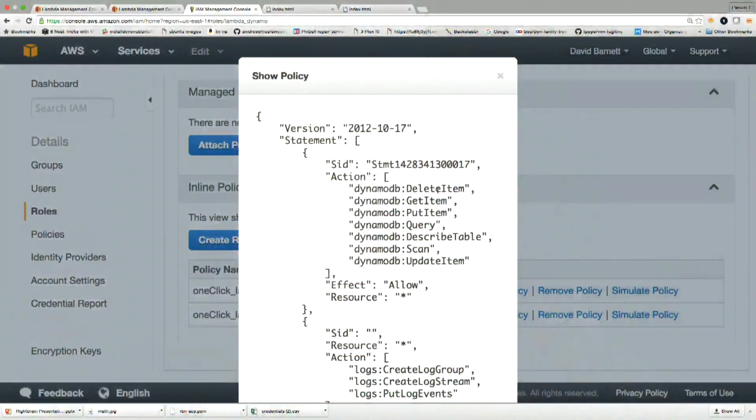So I created a role, which was, I think this is it, Lambda Dynamo. And what I had to do was give myself permission to delete item, get item. I actually don't need delete item, but I gave myself permission to delete, get, put, query, describe, scan, and update. So you create this role, you assign the role to the Lambda function, and then Lambda has access to Dynamo.